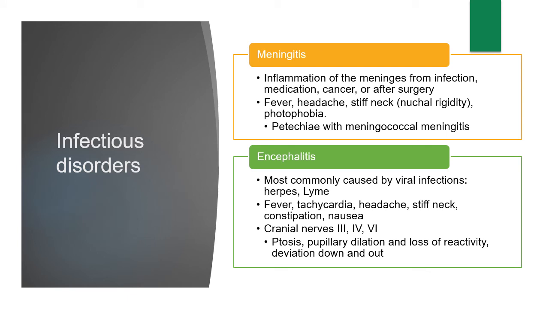Infectious disorders of the brain include meningitis and encephalitis. So meningitis is an inflammation of the meninges, or kind of the lining around the brain, and that can occur from infection, medication, cancer, or after surgery. These infections can be bacterial or viral, and then the cancerous tumors can cause irritation or even perforation of the